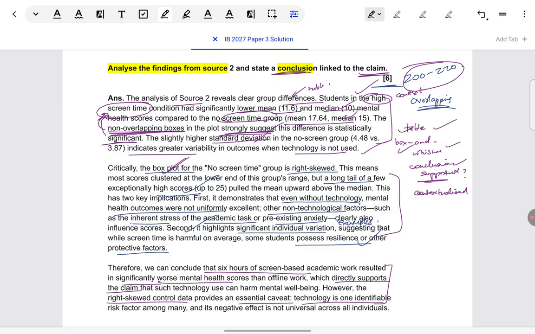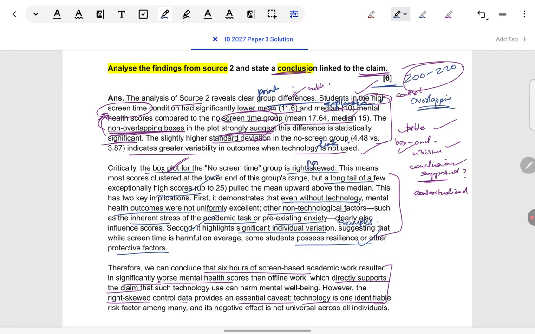So you don't need to think too much about that. For example, if you see here, the point is that because of the table we are getting to see a lot of group differences. Then the example or explanation is to say what group differences we are seeing, like between means, medians and all. And then the link is to connect back that this is the variability or the significant difference that we are seeing in both the groups.